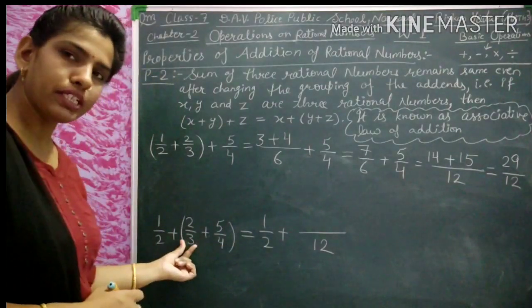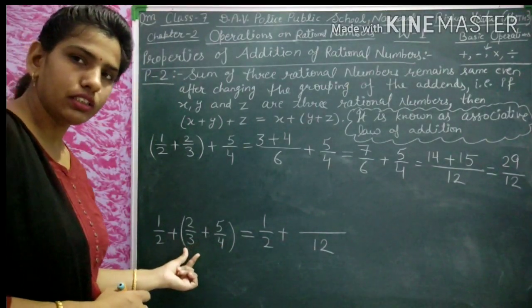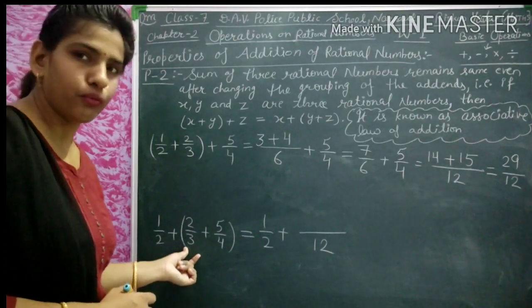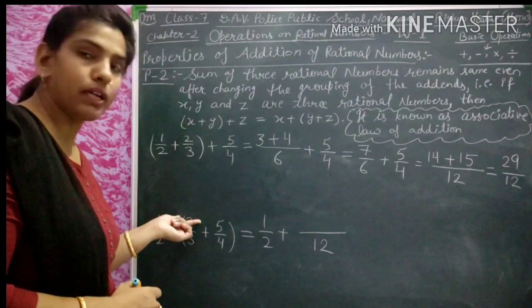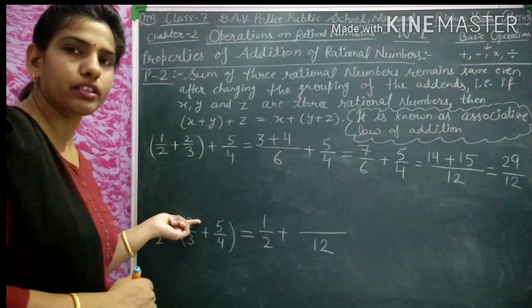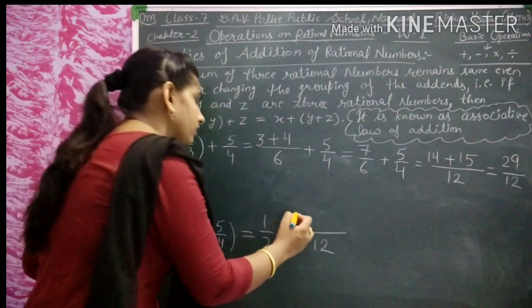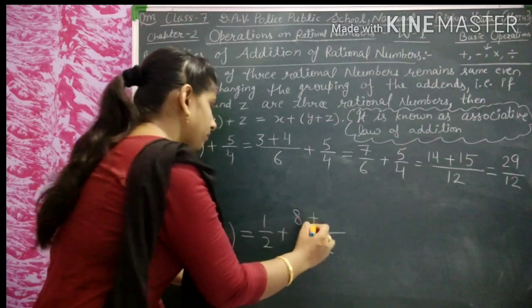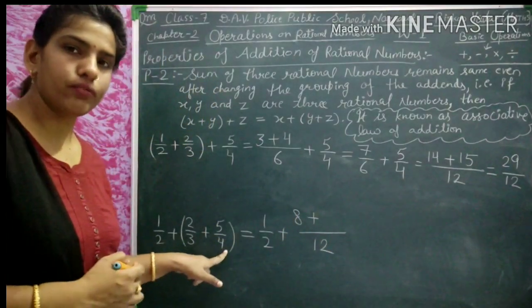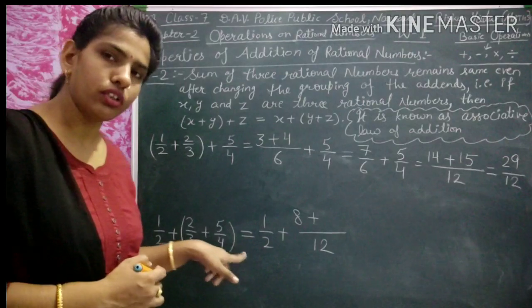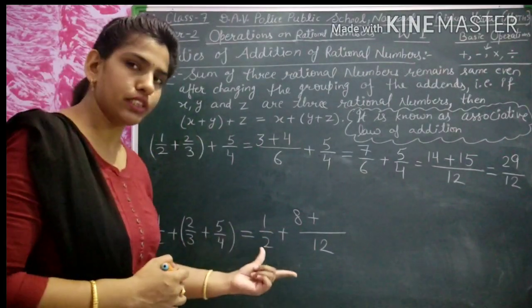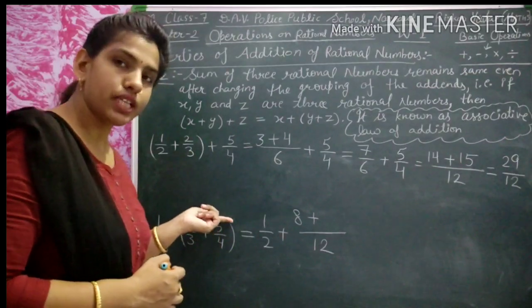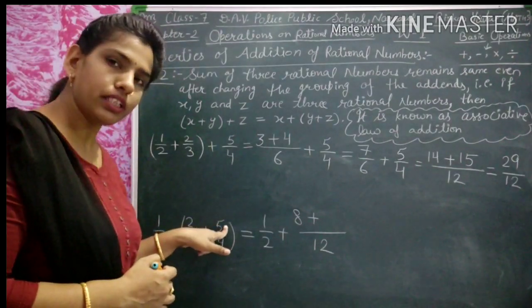What number do we multiply 3 by? That is 4. 4 times 3 is 12, and 4 is multiplied in the numerator too, so 4 times 2 is 8, plus the same for the 4: